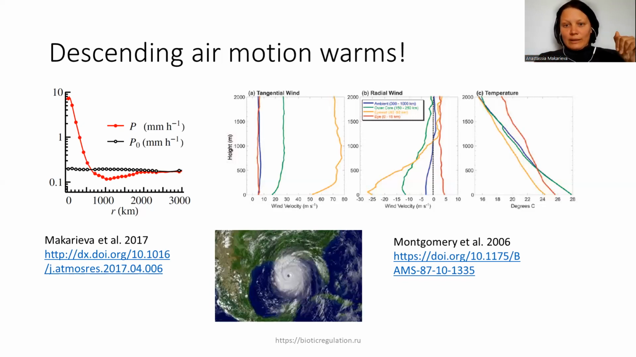And now let's take a look at another picture here to the right. It is from Montgomery and colleagues, 2006. And here we can see the distribution of temperature along the radius. This vertical is height. So this is surface, and this is 2 kilometers above the surface, but that's not so important. We are concentrated on the surface. And this green line and this blue line, which coincides with the green line, is the outskirts, the furthermost radii, like 1,000 kilometers, and we can see that here the temperature is higher than it is at the hurricane core. So where there is descending air motion, there is higher temperature than where there is ascending air motion,